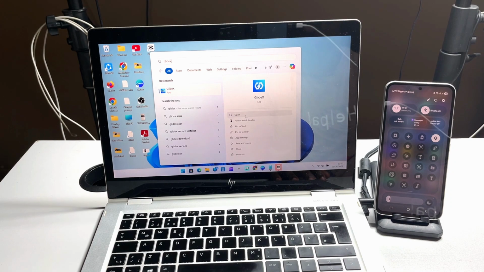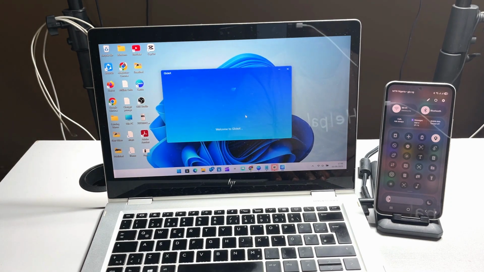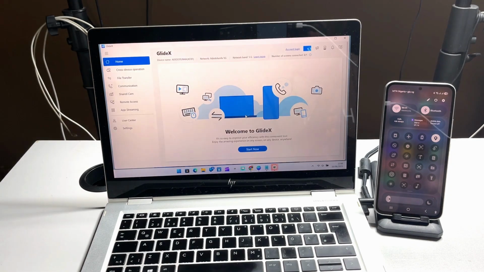Now, click on Open to open the GlideX application. If this is the first time of using the GlideX application, you'll be prompted to walk through the introduction page, which you may choose to skip or continue. Now, once you have the GlideX application opened, go ahead and click on Cross Device Protection on the left side